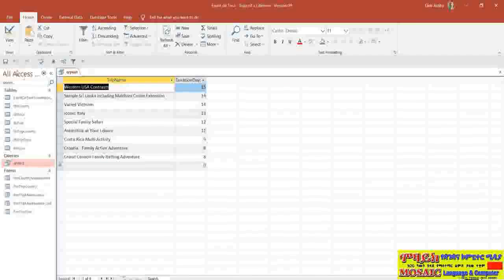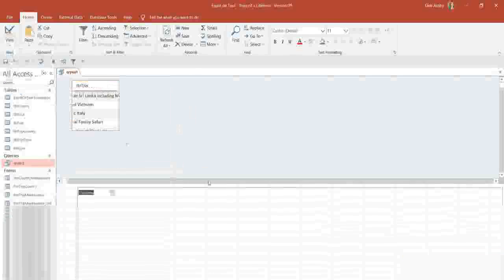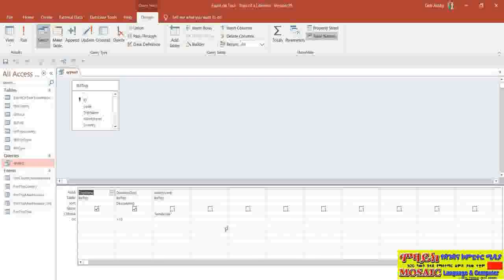Let's go back into Design View one more time. And what you'll notice is a very slight change just here. So we now have our criteria on two separate rows. And you can see that it now says OR at the side. So it just helps you organize a little bit in your mind as to what exactly is going on. So that is really the very basic rules of